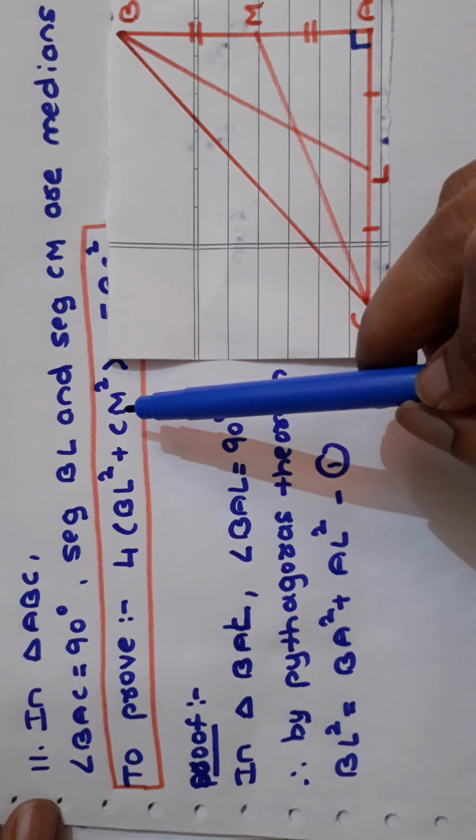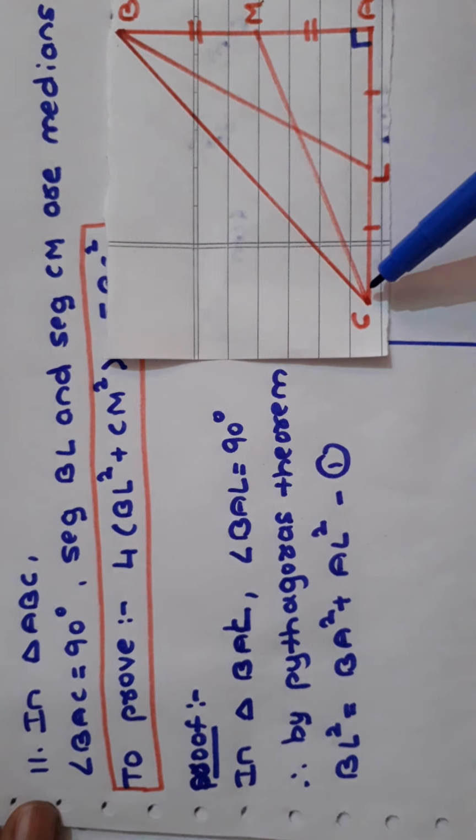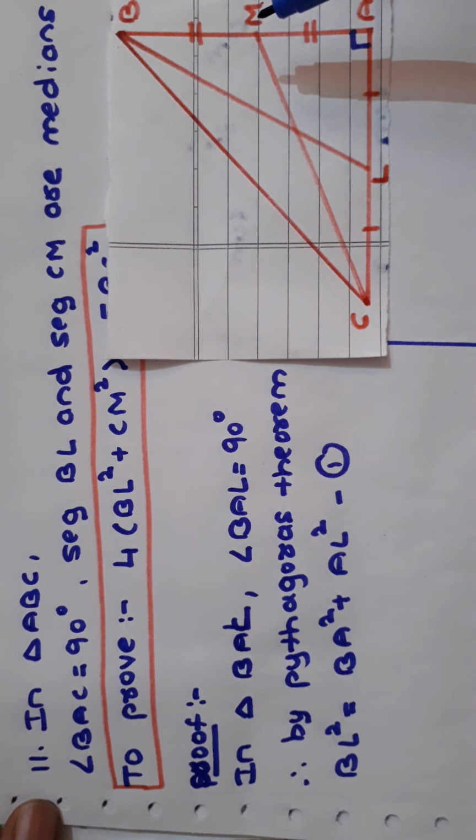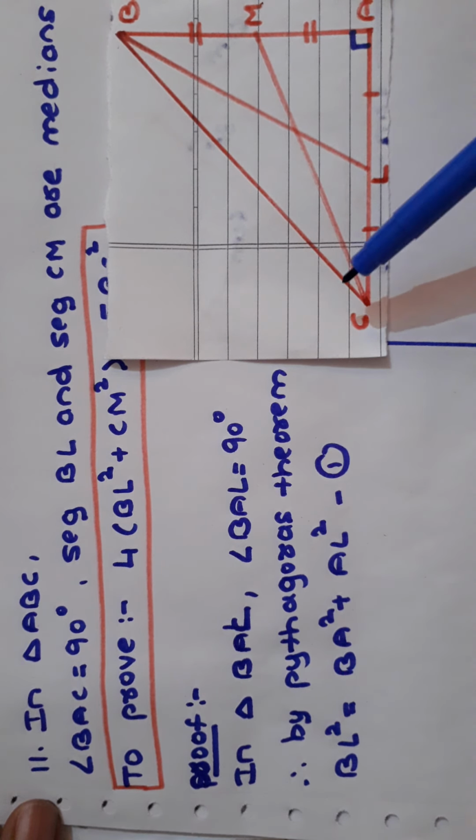Similarly, we need CM and CM is the hypotenuse of the right angle triangle CAM. So by applying Pythagoras theorem to the right angle triangle CAM, we get